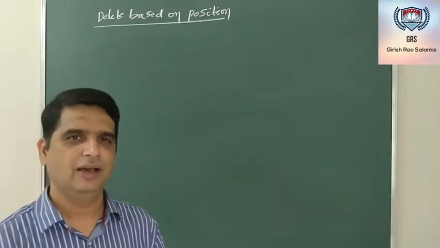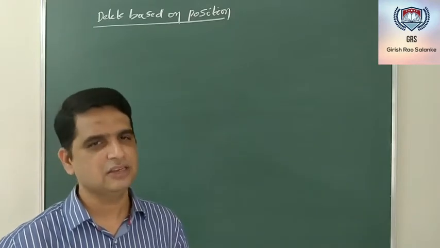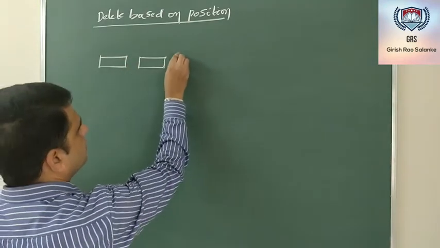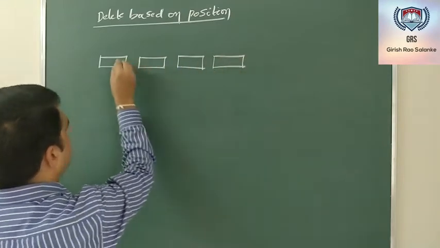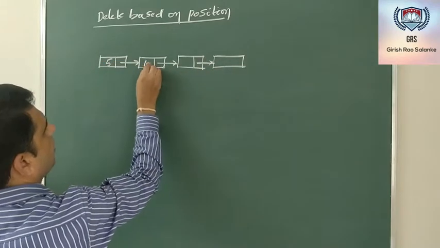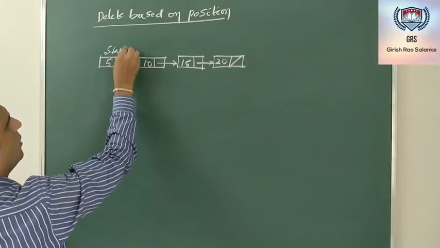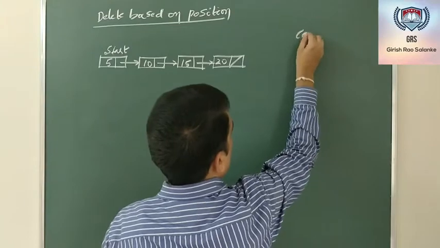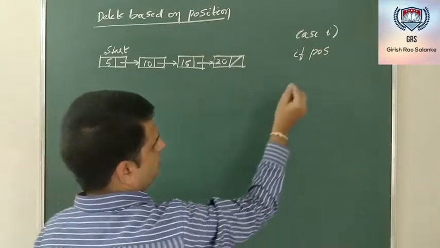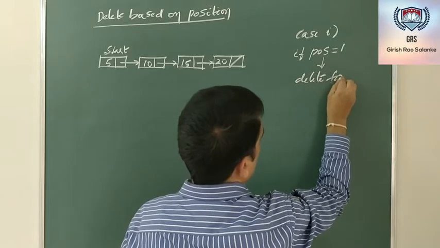Now coming to this particular function wherein we are supposed to discuss the deletion based on position, this is almost on the similar line as that of the previous function that we have discussed. If I assume that this is my linked list wherein some 4 nodes are there with information as 5, 10, 15 and 20, so this is my starting node. Base case, case 1: if the position that is being supplied to me is 1, it implies that I have to delete the first node.